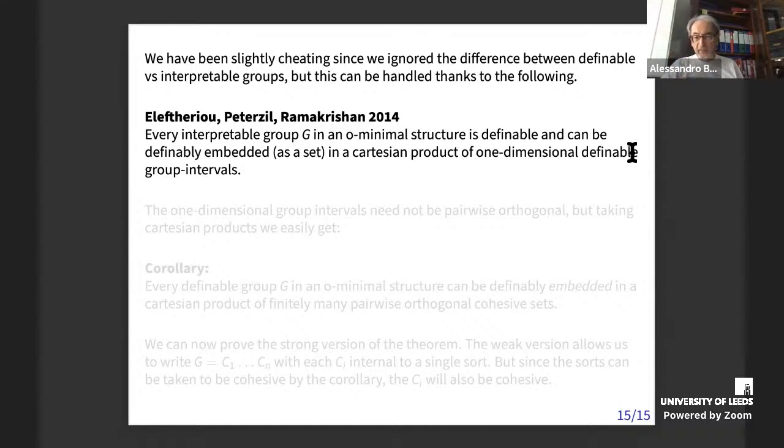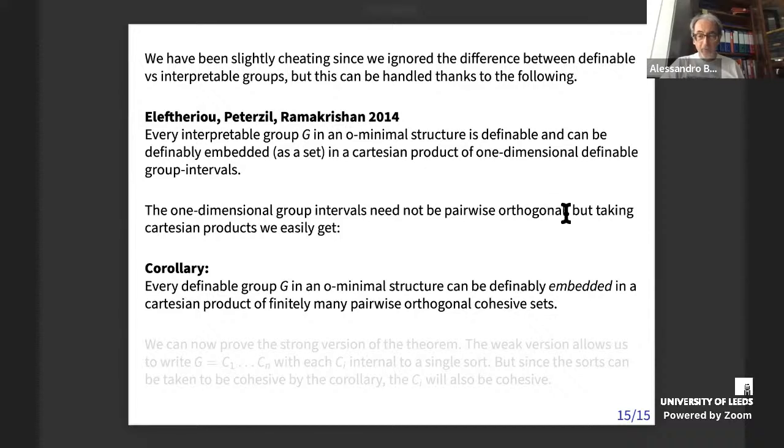Now these one-dimensional group intervals need not be pairwise orthogonal. However, if there are two of them which are not orthogonal, you can replace the two of them with the product of them, and you get something cohesive of dimension 2, and then you keep going until you get